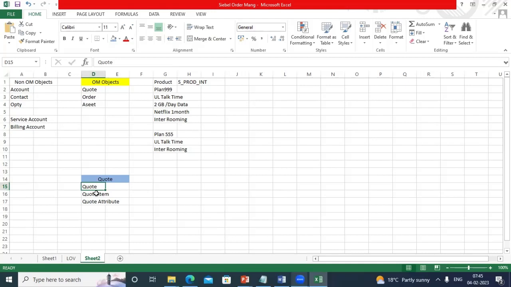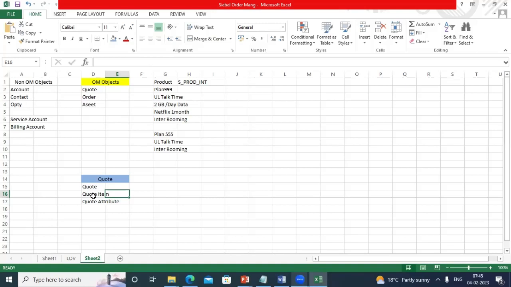Now quote item is nothing but where we keep the structure of the product. I have explained what the structure of the product is. Structure of product means these are the different products we kept. So all these things we will be keeping here in the quote item. When I am going to buy a product, or when I'm selecting a product, I will go to quote item and select a product from here. Now what will happen is,